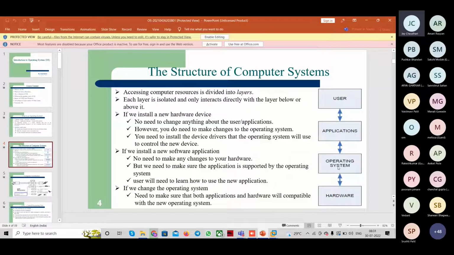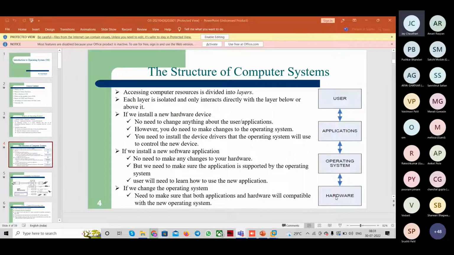So in the bottom, see, in the bottom there is the hardware. This is our hardware. Okay. So on the hardware, the operating system is installed. Okay. And then applications are installed on the operating system. And we are the users using applications which run over the operating system, and which is giving the access to hardware. हम यूजर लोग एप्लीकेशन को ऑपरेटिंग सिस्टम पे इंस्टॉल करते हैं, फिर हार्डवेयर का एक्सेस दिलाता है।